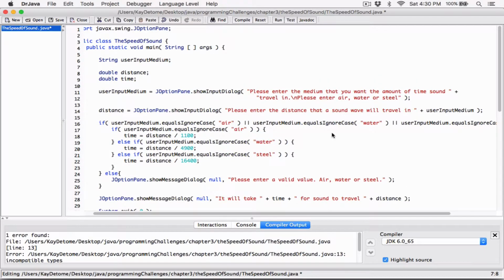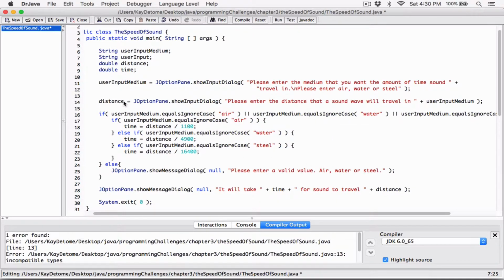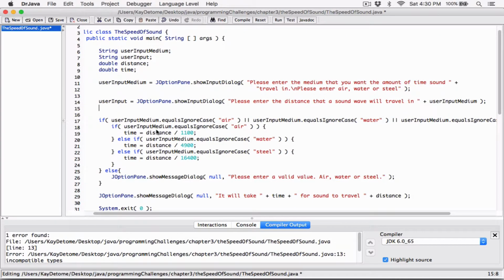Okay, so I'm going to create another string and say user input. This is just going to be user input. And first I need to store this in user input. So now I'll have the user input as a string. It's going to be the number, but it's in a string, so I need to first convert that string into a double. And to do that, I'm going to use a